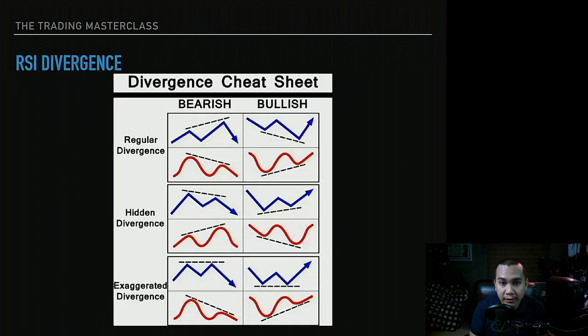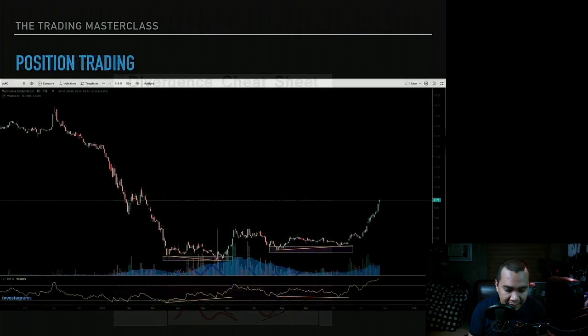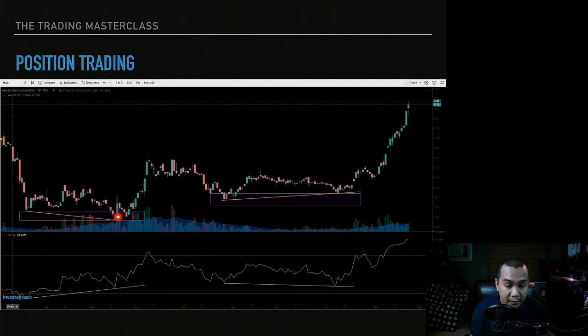Going back to our pattern, this is what we are seeing right here, the first bullish pattern, right? So stabilization, prices are going down. Look at the bottoms of our prices, they're going down, but RSI's bottoms are going up. That's a signal to buy, and that is this one right here. So that's our buy area, and that's where we start our positions. Okay, you could position it here. That's okay, since RSI is still looking good at this area right here, but this is a stronger signal for us to start buying right here.